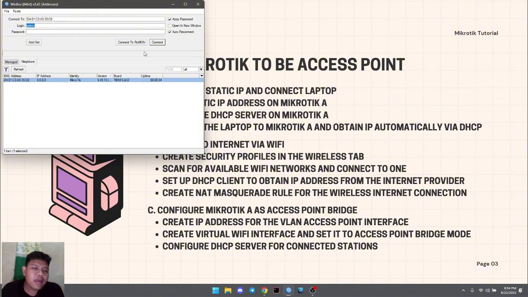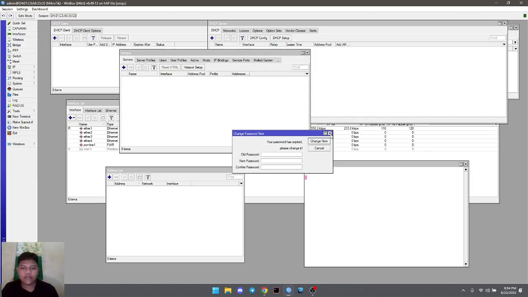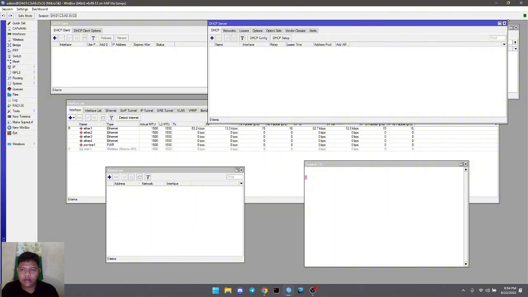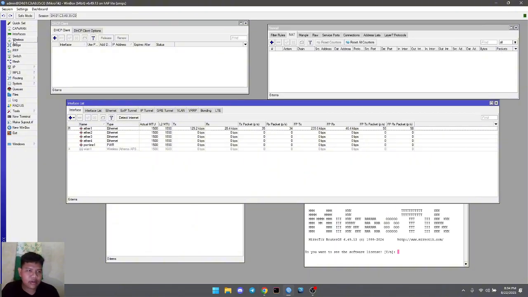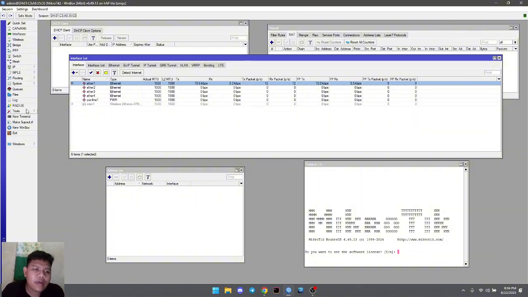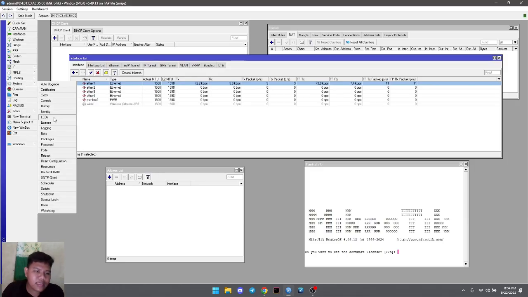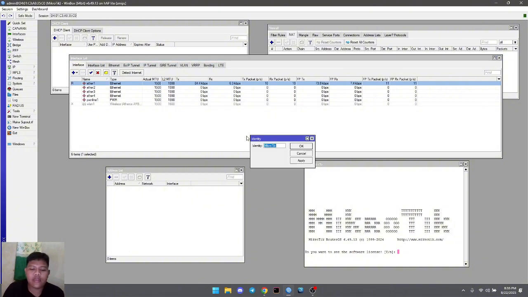So I will connect with the MAC address. I press the connect button, and then here we have the interface list in this tab. You can look, I connected to Ether1. So in this first step we set up this MikroTik, the identity.